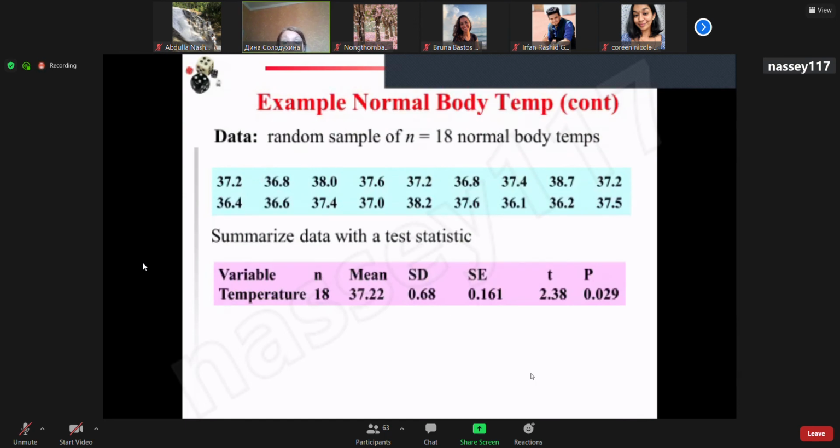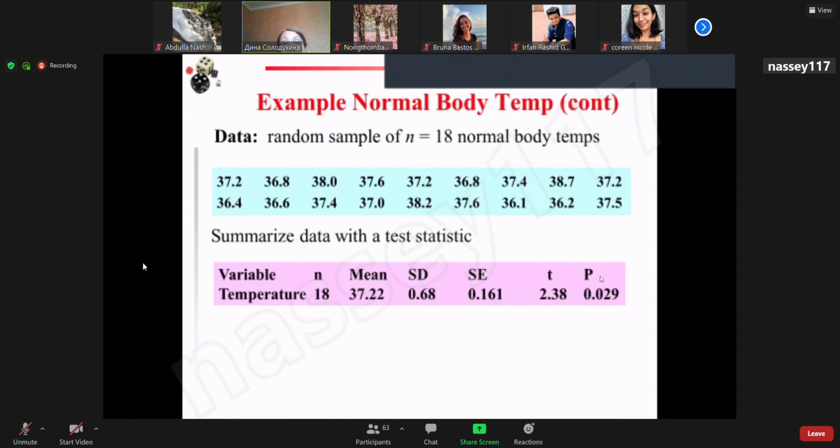So we take 18 people who have normal body temperature. We measure body temperature and summarize the data with a test statistic. So these parameters are all given below. 18 subjects, the mean is 37.22, standard deviation is 0.68, standard error is 0.161, and our t is 2.38, which is calculated according to the number of subjects. So the p-value in this case is